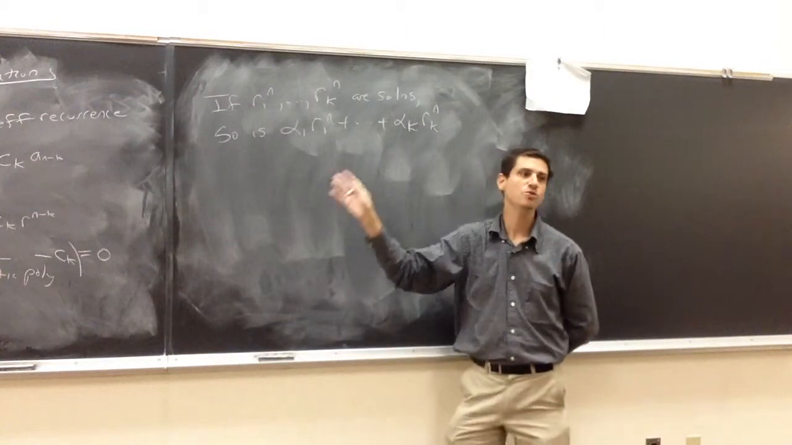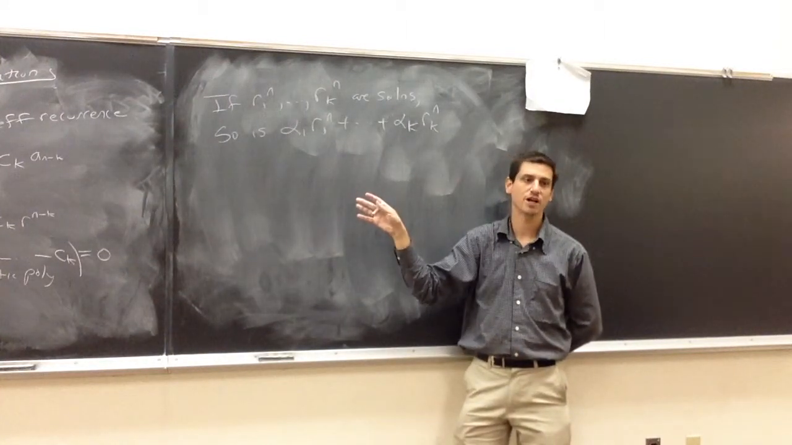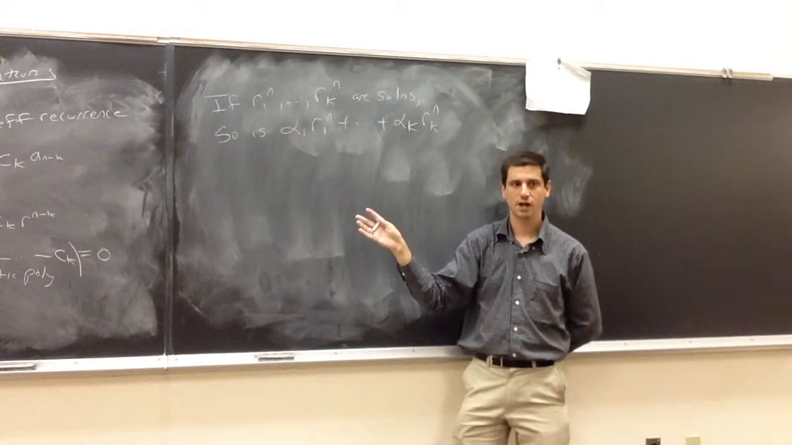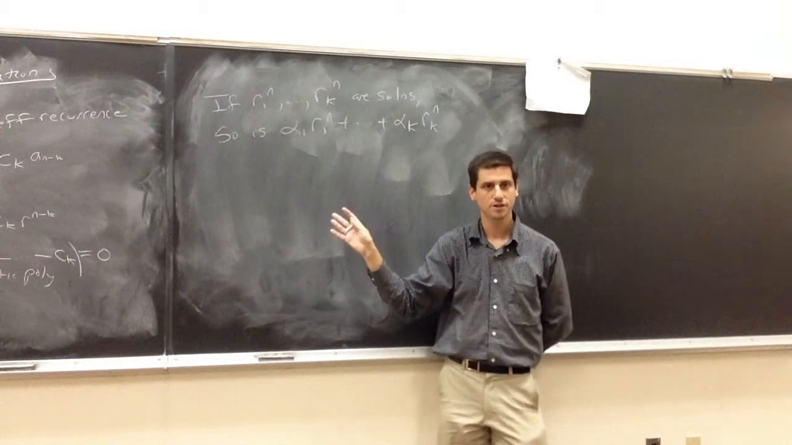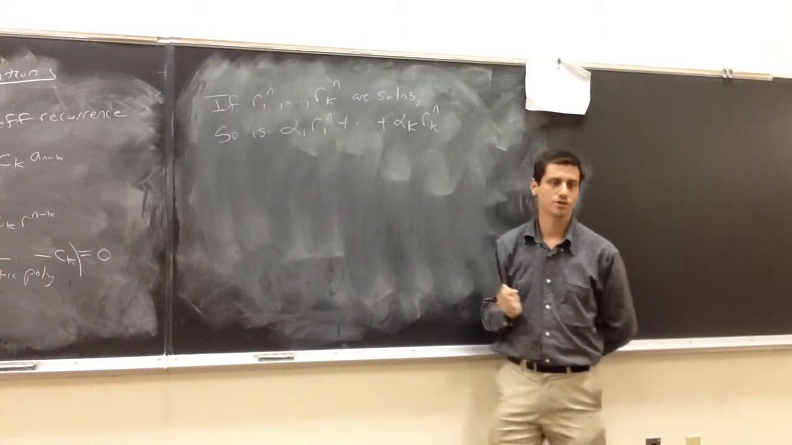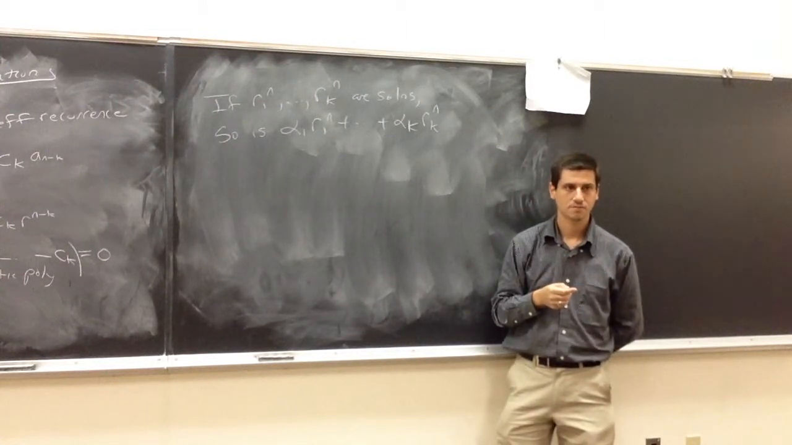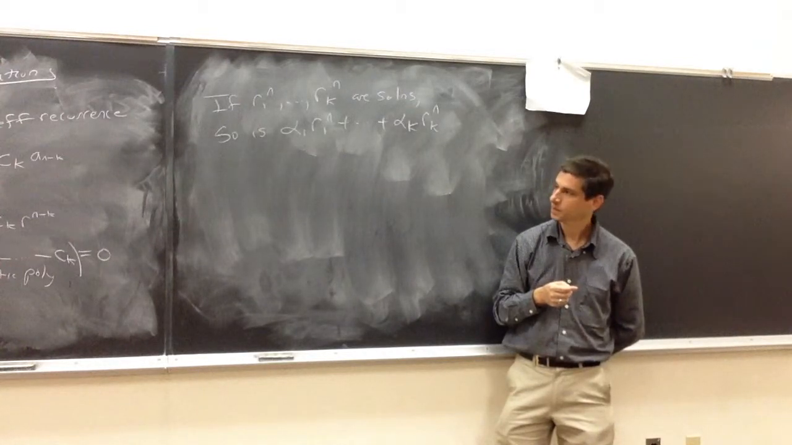I group all the r2s together, I get the characteristic polynomial evaluated at r2 times alpha 2. I group all the r3s together, I get the characteristic polynomial at r3 times alpha 3, and so on. So I would believe that this gives you a solution to the recurrence relation, but in terms of linear algebra,